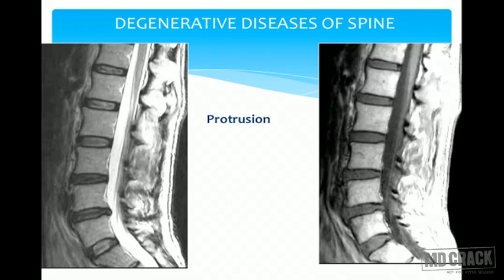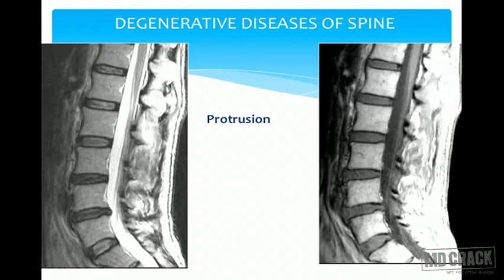So quite often, even if the X-rays are normal, the patient might be in severe pain. So what do we do? On an MRI of the spine, you will see a disc bulge or a disc protrusion. Disc bulge or disc protrusion is not very well seen on X-ray. So if the X-rays are normal and the patient is still in severe pain, we do an MRI of